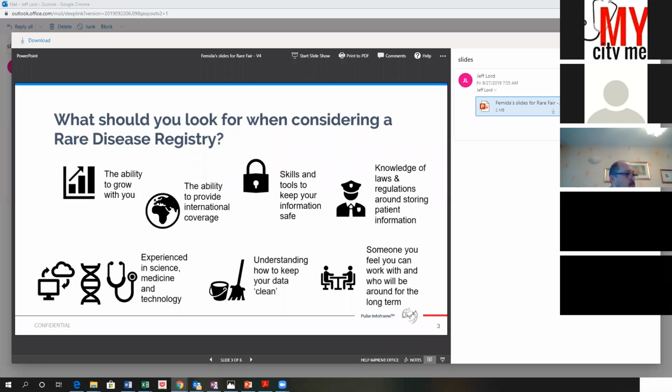And you want to future-proof it, meaning that you don't really want to keep scrapping and buying new technology all the time. Now let's talk a little bit about where is everybody in the world. Rare diseases are not just defined by a single continent. They're defined globally. And on this presentation later on, as part of this series, you'll be hearing from several advocates who came from different parts of the world. So you need to think about a registry that's actually compliant with the legislation to be able to provide you with international coverage.